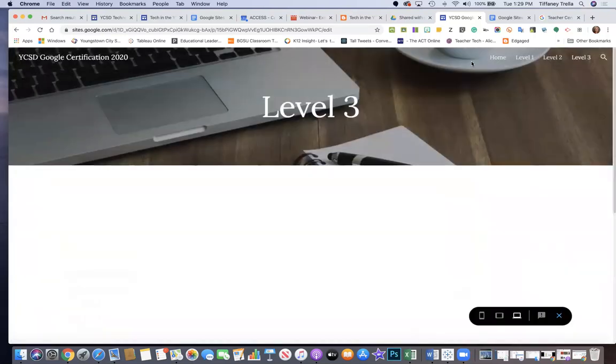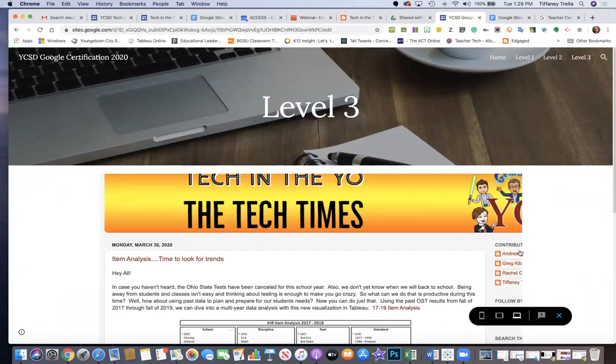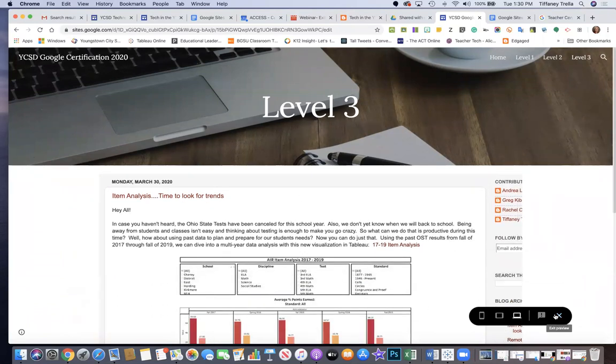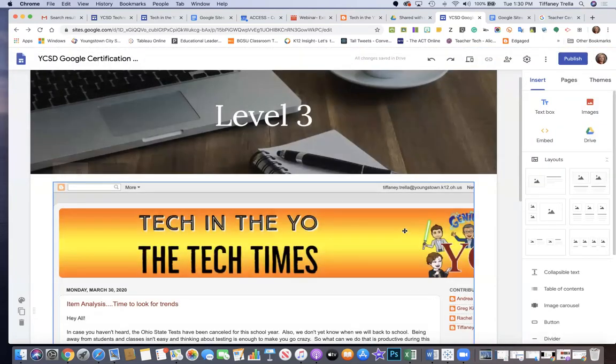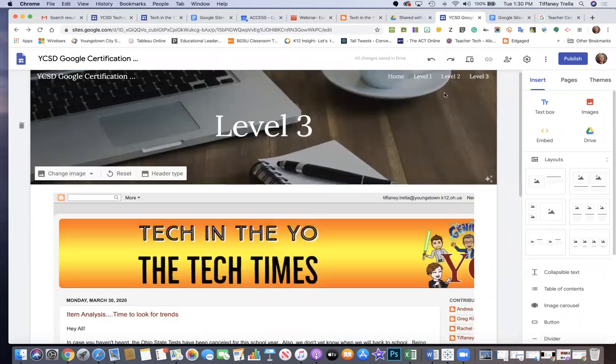I would want to take a look and see what that looks like for other people. And I would probably do a little bit of editing and make sure that this side gets moved over a little bit once I'm in here. Or I would make it pop open into the site once they logged in. So that's just some options you have inside of here. You also have